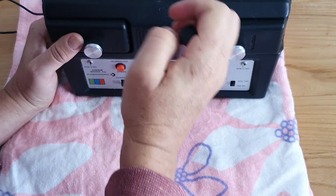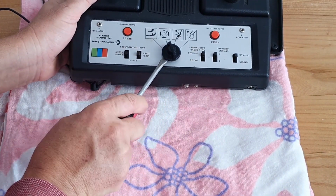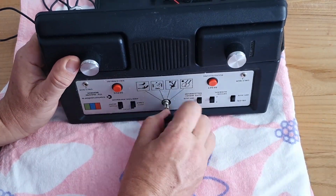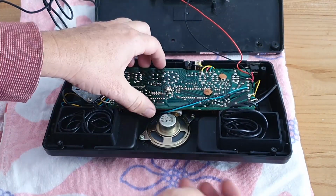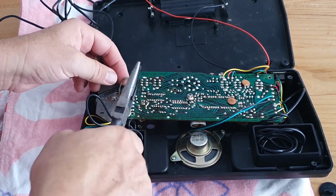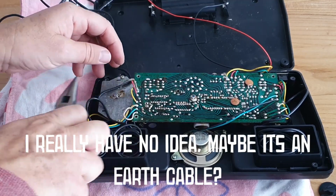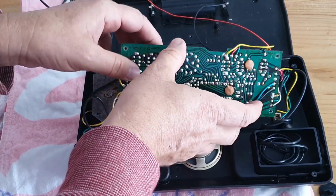So I just need to carefully pry this off. I've got this screwdriver I accidentally bent with a project of mine around the house, but it turns out to be quite handy for prying things, which is good. Alright, now that's off. I should be able to pull this circuit board over. Okay, so it turns out there's also, I'm just learning as I go of course, this cable, which I think is an RF cable, or someone might be able to correct me. Anyway, that's stopping me from being able to turn this over, so I'll resolder that back on afterwards. So now I should be able to turn this over,